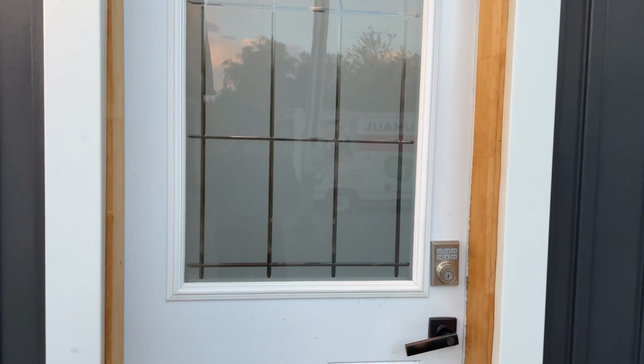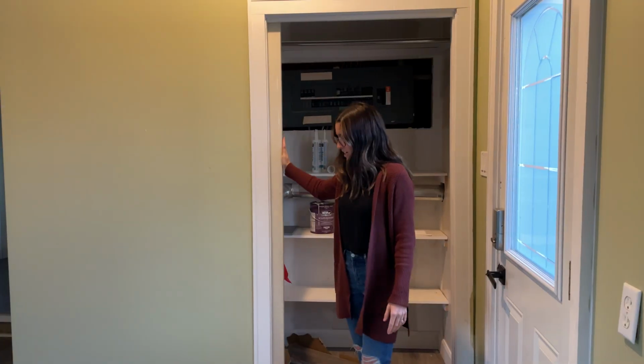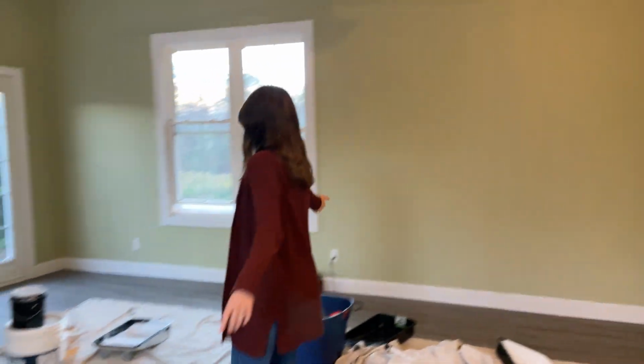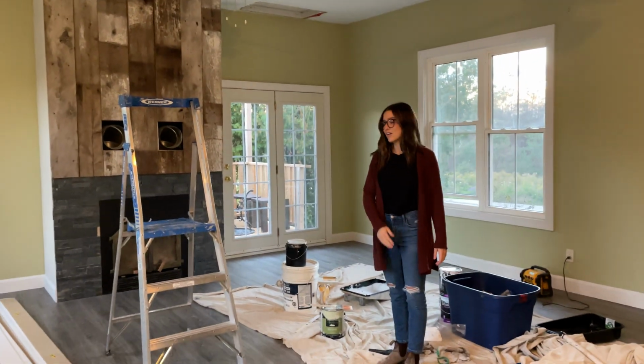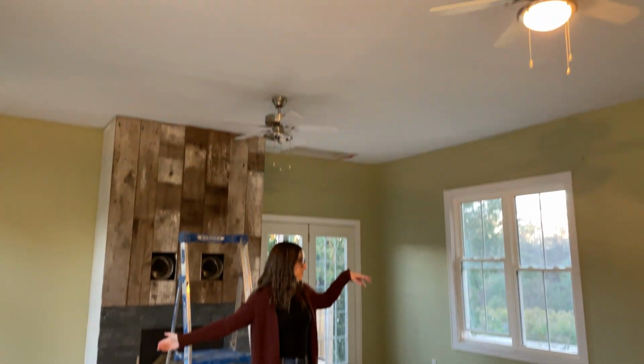So here we're walking into the front door. There's a little closet there with a pocket door where we hang our coats. This is primarily where we enter from the house, although there is a technical front door. This is our living room. So we've obviously changed a bunch in here. There were fans and an ugly fireplace,